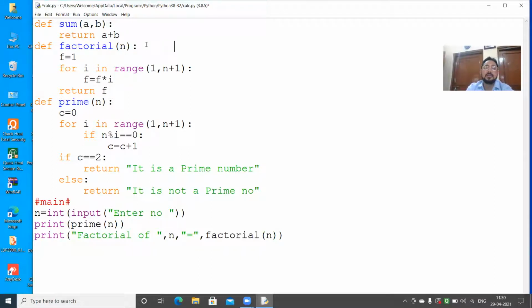If you are taking, suppose, n is equals to 4. So n is passed as 4. Obviously, f is 1. Then the loop is executing.